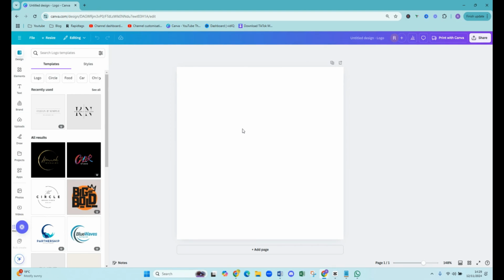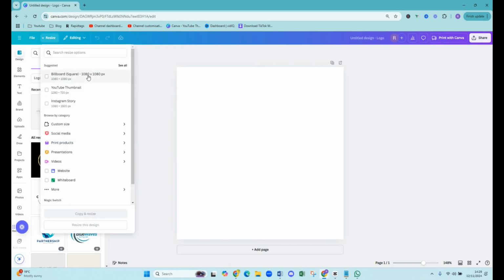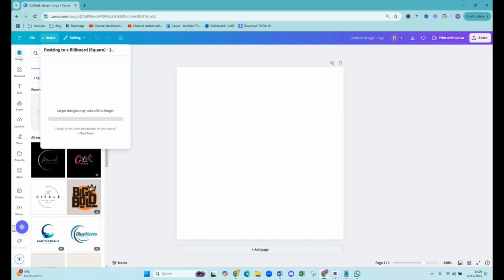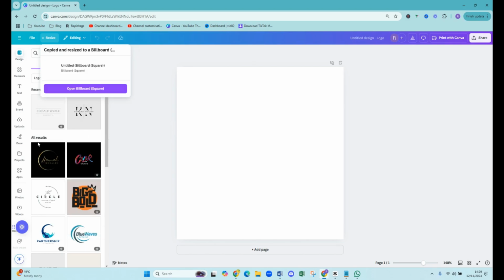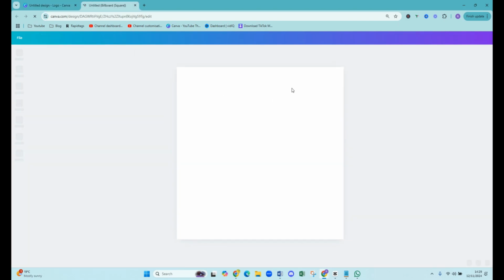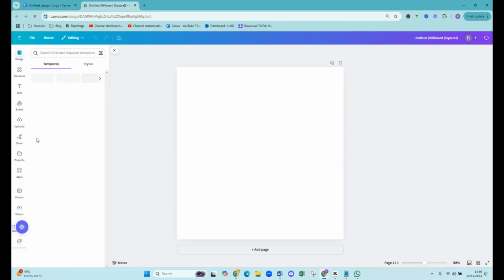If you need to resize it, you can come up to the top left-hand side here where it says resize, give that a click, and then you can make sure that you've got the right measurements and everything. Just press copy and resize, which is great. Okay, awesome. Now that has done that for us,